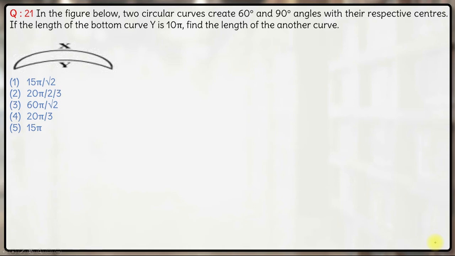Hello everyone. So now this is a slightly difficult question. Here you need to understand which one is the bigger circle, the circle with arc X or the circle with arc Y. So if I shift this arc Y slightly upwards so that both these arcs only have one single common point. So this is arc X and originally this is arc Y, but if I shift it upwards,